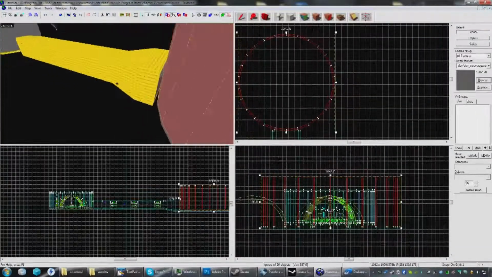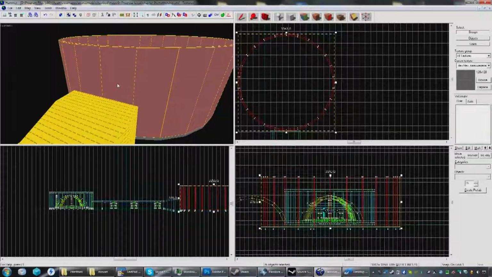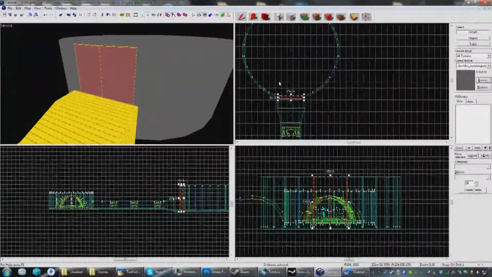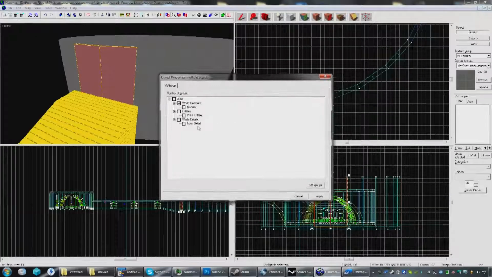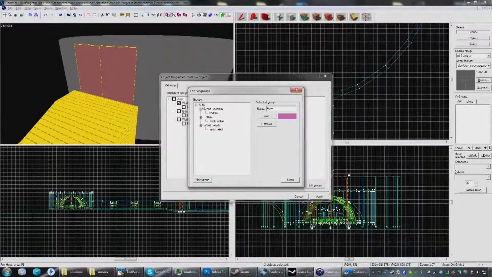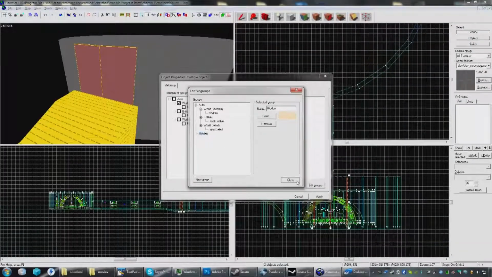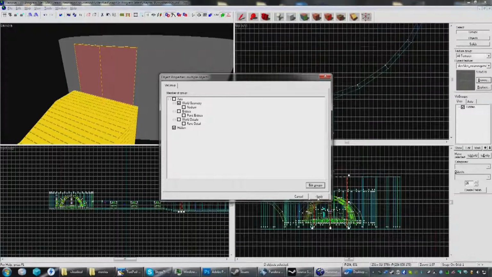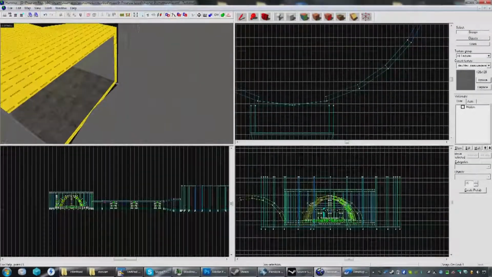Alright, so we got our thing here. First thing we need to do is need to ungroup it. And we need to essentially hide these. So what I want to do is I want to add these to a new group. We'll say new group. Call it hidden. And add these to it. Alright, so we can work with this